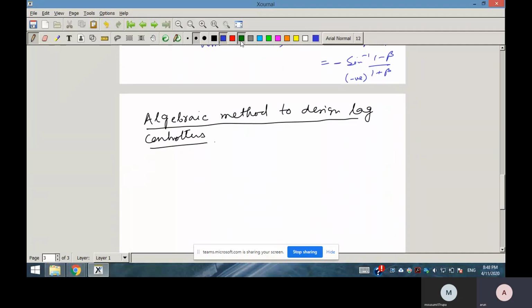So what is the objective? Only derivations I will make here. So what is the objective that we should know? Given phase lag phi c. Remember that phase lag means phi c is negative. Phase lag means here phi m is negative. Any phase lag that will provide, that means phi c is negative. So given phase lag phi c and attenuation